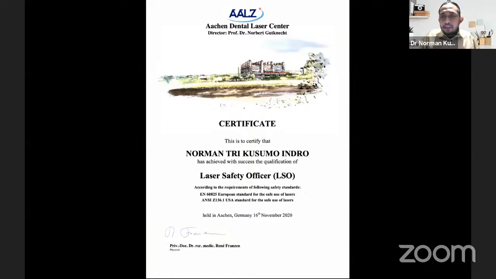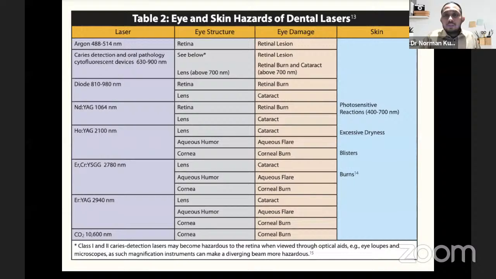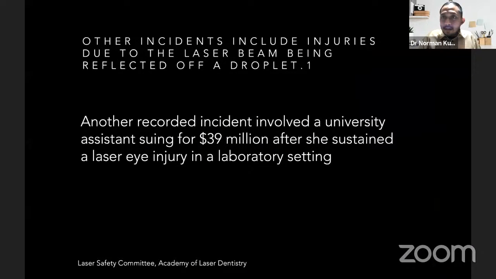After that, it is also important to have an LSO, or laser safety officer, because we need to understand that even a laser can reflect off a droplet. So when we use a laser, it's really important to use safety sunglasses. As you can see, there is another recorded incident involving a university assistant suing, according to the law,